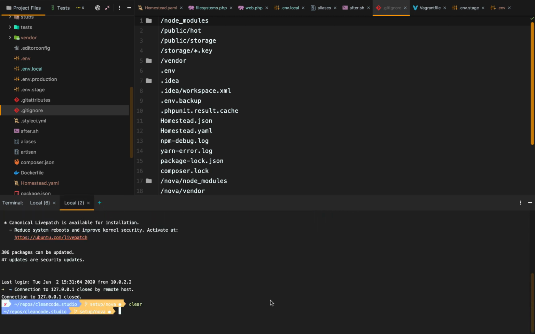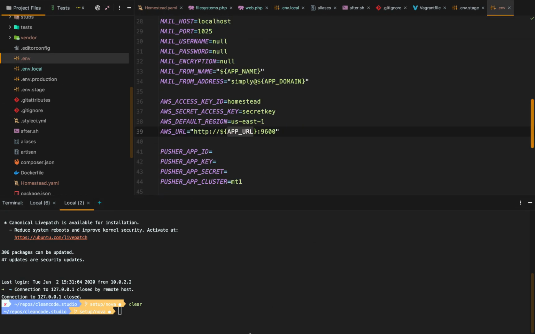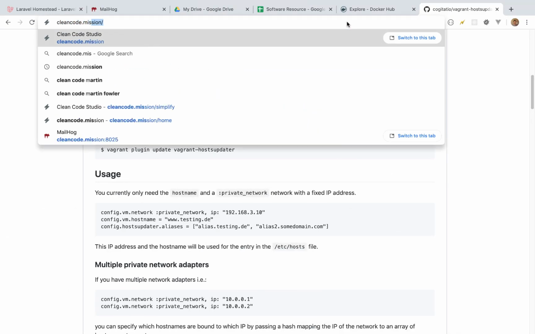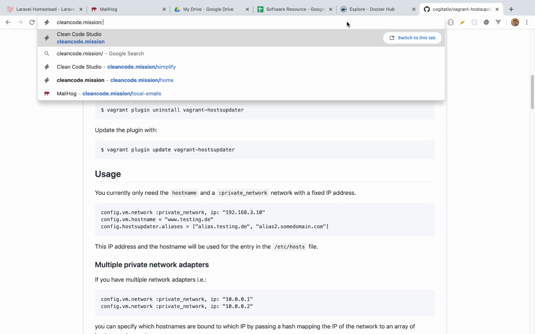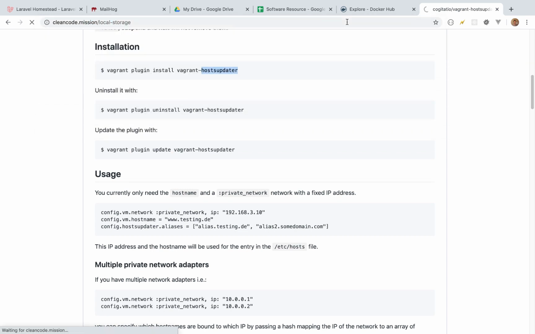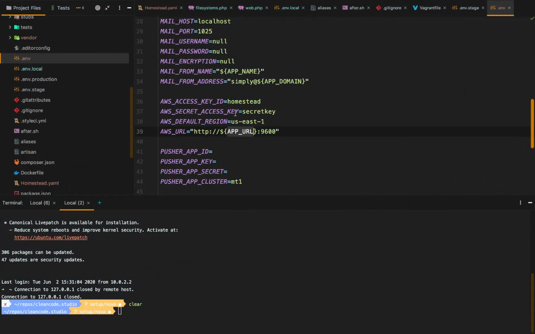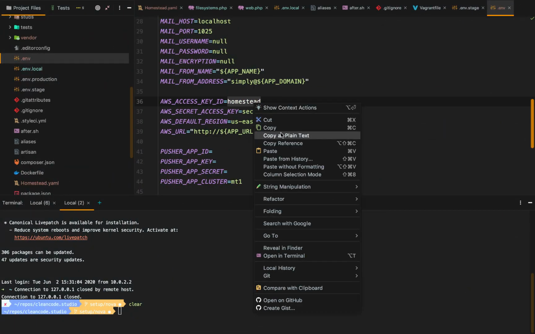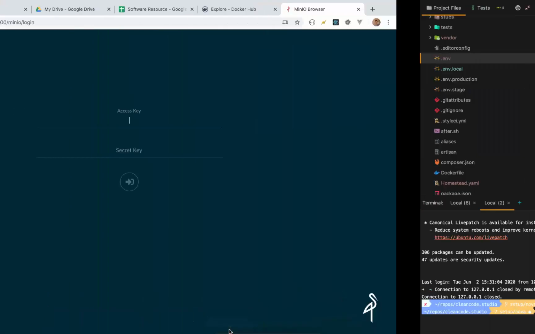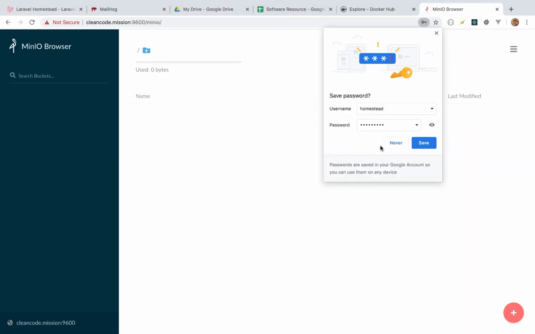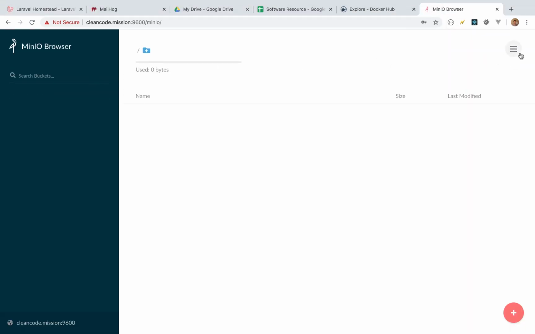Okay, so the last thing we had was, if we went to our .env, we don't have to look at the port because we added cleancode.mission/ and then it was local storage. I've actually never gone to this endpoint, but there we go. Access key. Key ID is Homestead. Access key is secret. Or was that secret key? Yeah, there we go. And so now we have an AWS